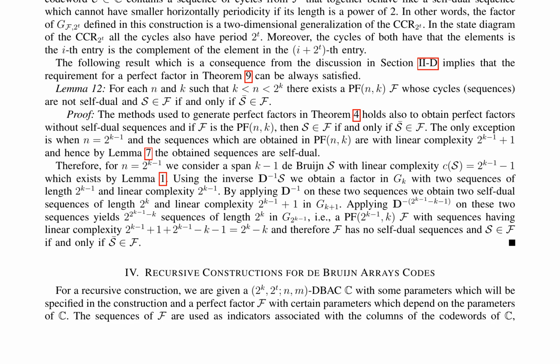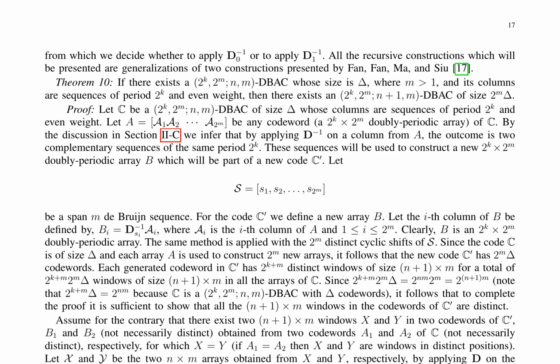in various contexts. The authors introduce Theorem 10, which generates a new (2k, 2^m, n+1, m) DBAC of size 2^m delta from an existing (2k, 2^m, n, m) DBAC of size delta. This is achieved by applying the inverse of the decimation operator d^-1 to the columns of the original codewords, resulting in complementary sequences of the same period 2K. These sequences are then used to construct a new 2K times 2^m doubly periodic array, part of a new